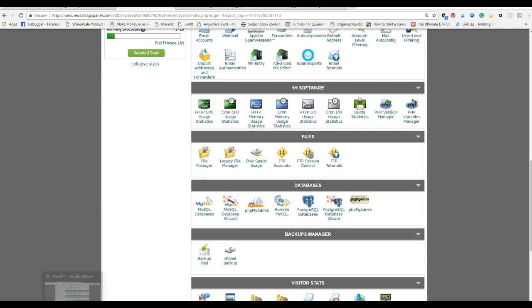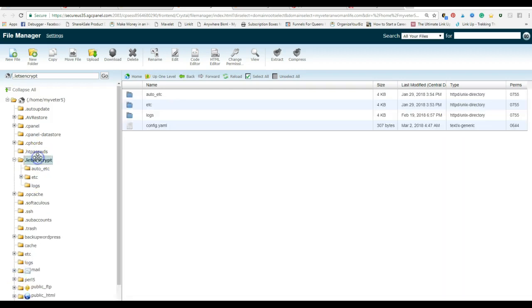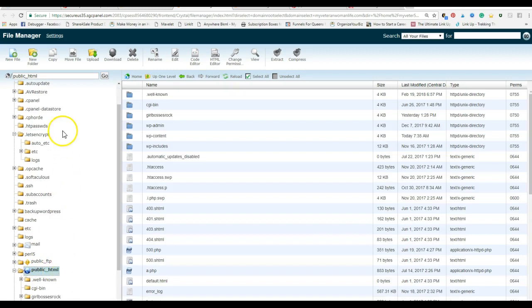Oh, where did my folder go? There we go, right here. It's actually already highlighted. So you're going to just click on that so it highlights. See, if you click on one of these other ones, it highlights it. We want to be on public. And then you are going to upload,